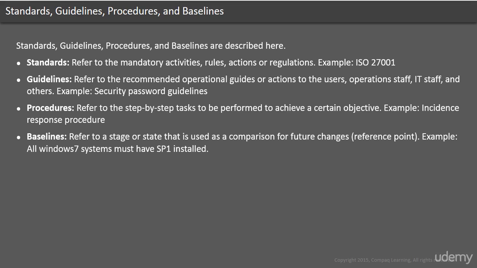A baseline can refer to a point in time that is used as a comparison for future changes. Once risks have been mitigated and security is in place, a baseline is formally reviewed and agreed upon, after which all further comparisons and development are measured against it. A baseline results in a consistent reference point. Baselines are also used to define the minimum level of protection required. Security personnel must assess the systems as changes take place and ensure that the baseline level of security is always being met. For example, a baseline may specify that all Windows 7 systems must have Service Pack SP1 installed.